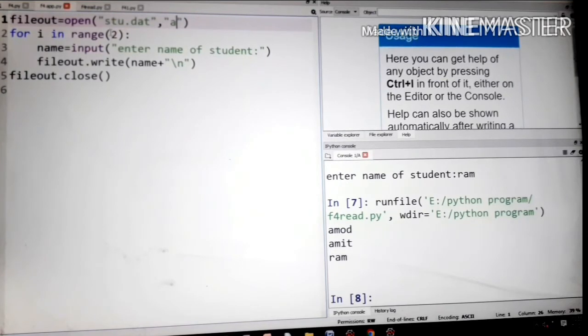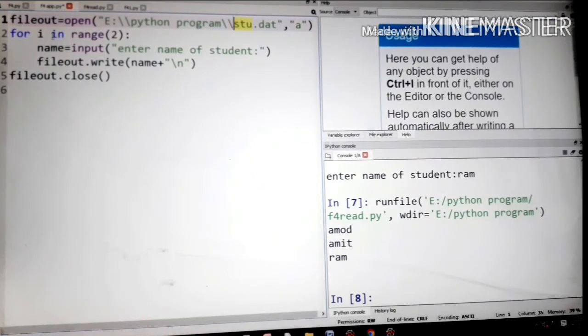This is also a write mode, but with append you can add the new data to the old data. So again we put up the path, the same double slash. Now this again contains the for loop, the same things as in the previous file. Only here we call the for loop 2 times.